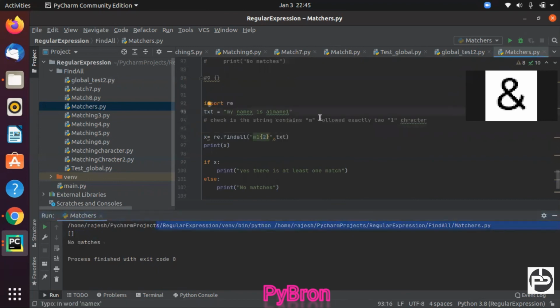If you really want to see these things, here we can keep e instead of one. Now if we execute, yes, we can see after m there is e two times. So there is one match here, meaning after m there should be 2 e, then it will return that one.